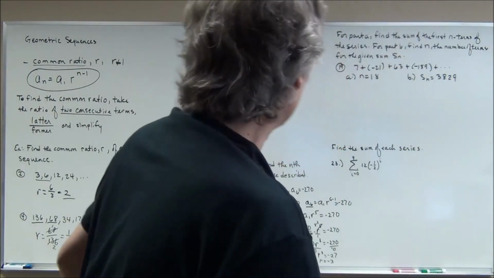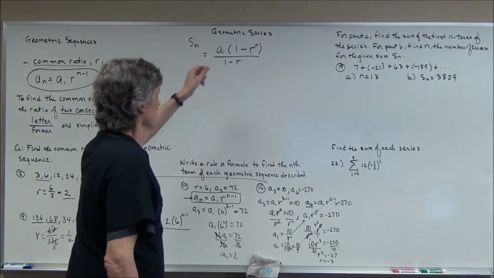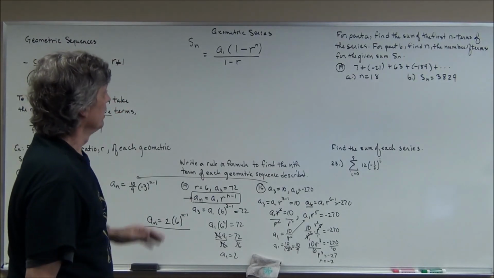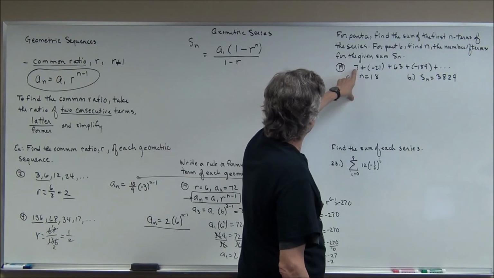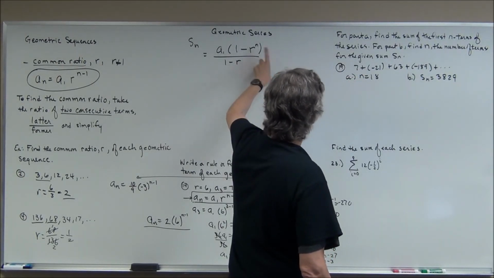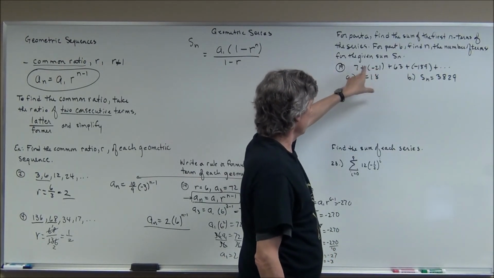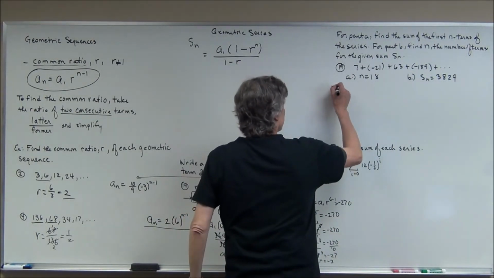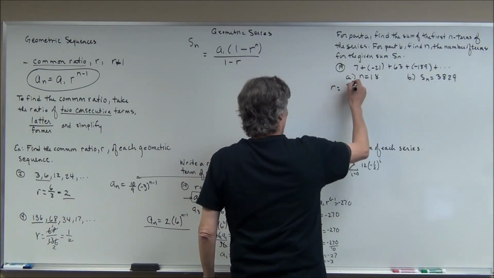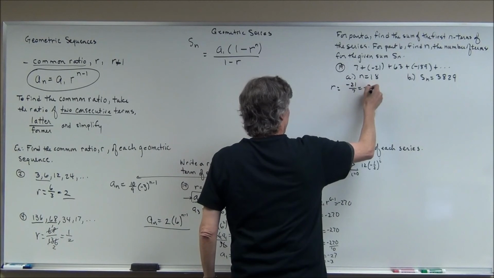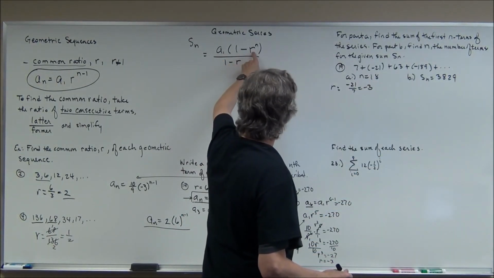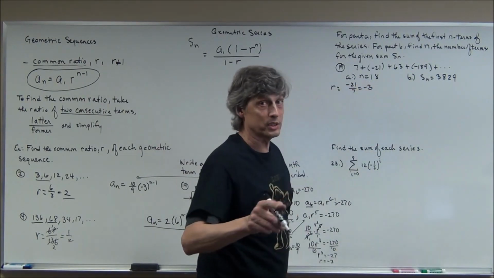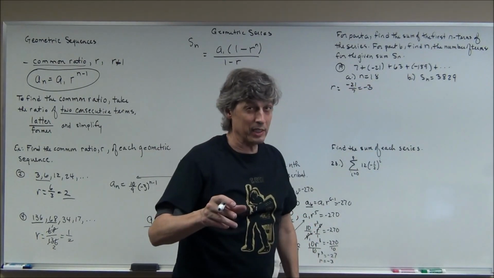Now, he wrote his a sub 1 out in front. It doesn't matter. If that makes it easier for you, then that's fine. So there's my a sub 1. I need to know what r is. My r is going to be the common ratio, so I'm going to take the 7 and the negative 21 and write the ratio. It's negative 3. So I need a sub 1 and I need r and I need n, and they give me that. Now notice, in the arithmetic, you needed the